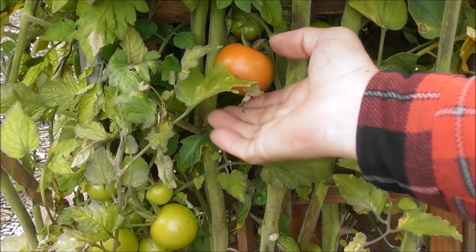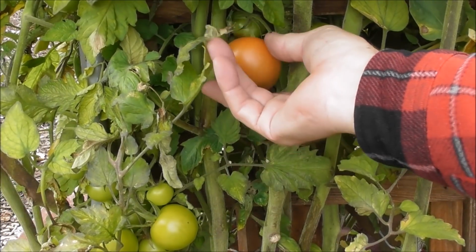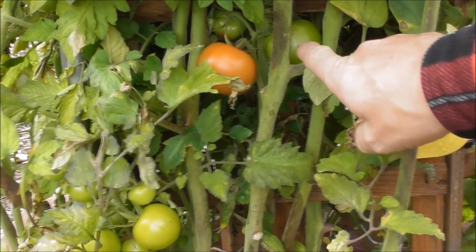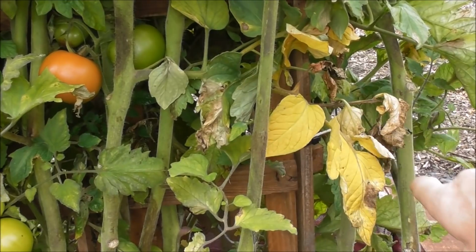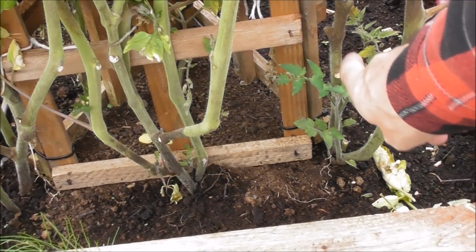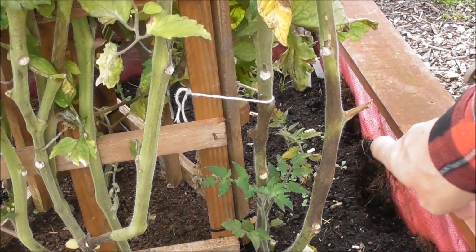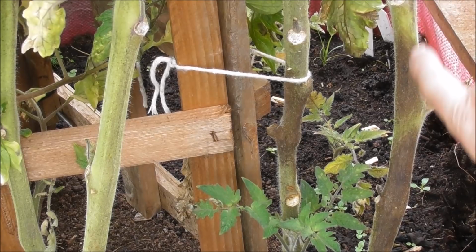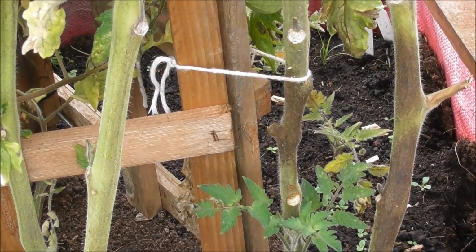However, they were just ripening, so have a look at this. I'm going to show you the clip of them. As you can see, my tomatoes are just starting to ripen. You can see the blight here on the stems. So we might have to take these tomatoes. See the blight here, down here. I don't know if you can see where my finger is, but yeah, it's got it pretty bad now. All along the stems here, it's full of blight,